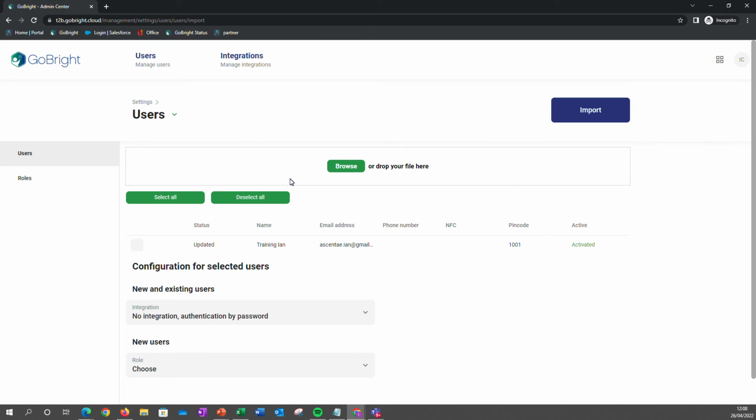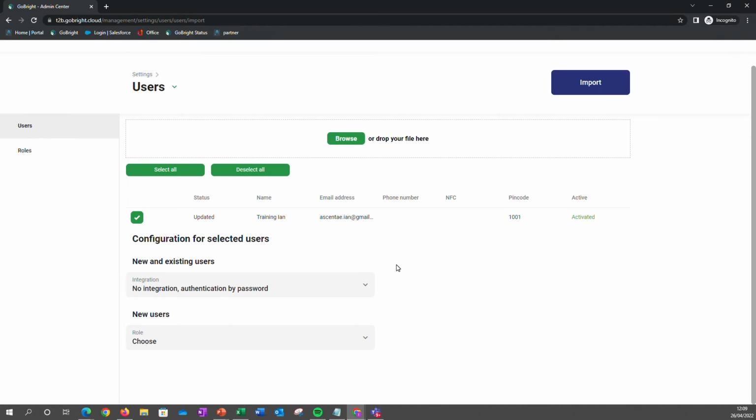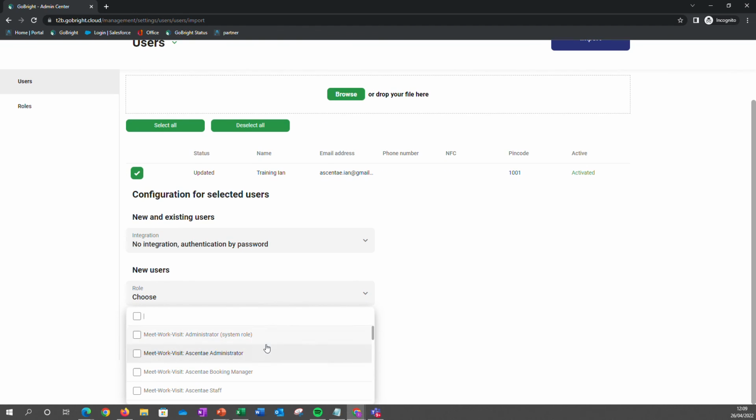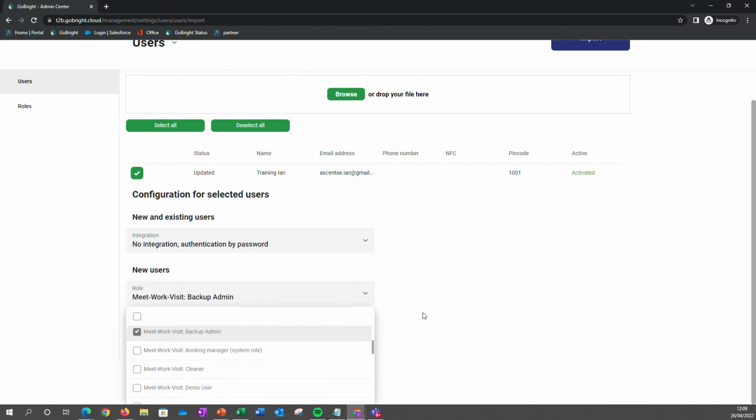I've just imported that file, and we can see that we can select all. If we had multiple names, we could be selecting those, but we've got the name and the email address, which is what we need, and activated. If you have any integration that's already set up, then you can select which integration you want this user or group of users to be associated with. And also you can choose the role that they want to be given